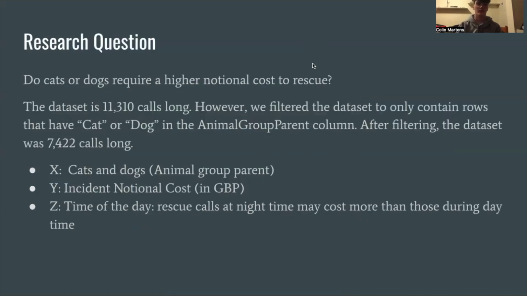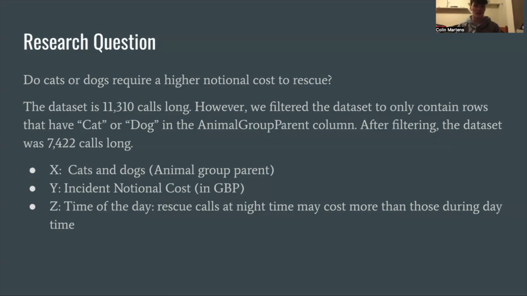So our research question was, do cats or dogs require a higher notional cost to rescue? The dataset originally was 11,310 calls long. However, we filtered the dataset to only contain rows that have cat or dog in the animal group parent column. After filtering the dataset, it was